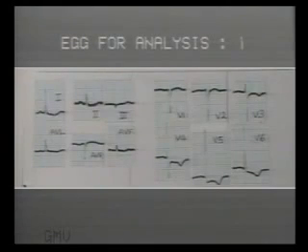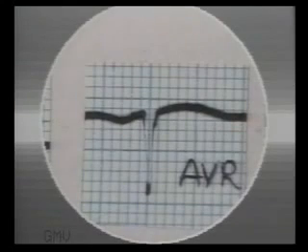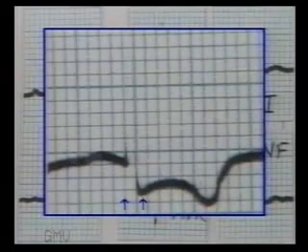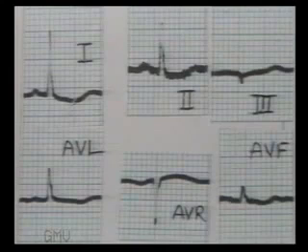Now let us study a few ECGs on this basis. In this ECG number 1, first see lead AVR. AVR shows negative waves, so lead placement is correct. Lead 2 shows normal P wave. PR interval is 4 mm, which is normal. Now coming to QRS complexes, QRS duration is 2 mm, which is normal. Then lead 1 shows positive QRS and lead 3 shows negative QRS, so left axis deviation is present.